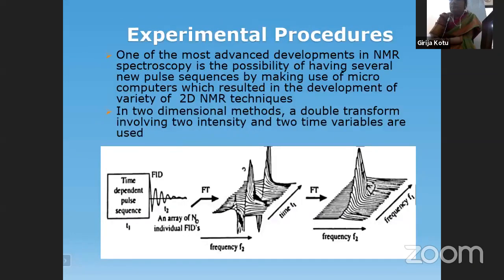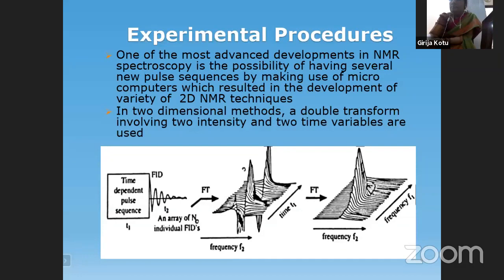And in the experimental procedure here, the signal is a function of 2 time variables, T2 and T1. The first Fourier transformation is always done in T2, which gives the information that is going to come on the x-axis, which is the conventional axis. So the information pertaining to the x-axis is always with reference to T2, that is the detection time. So first the FT is done over rows and then followed by columns.